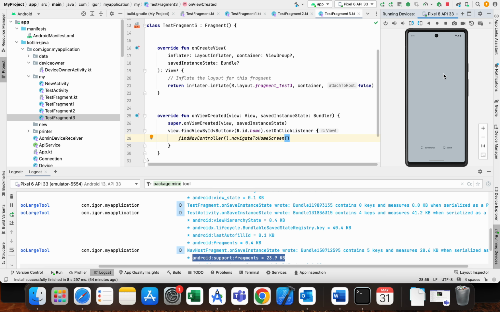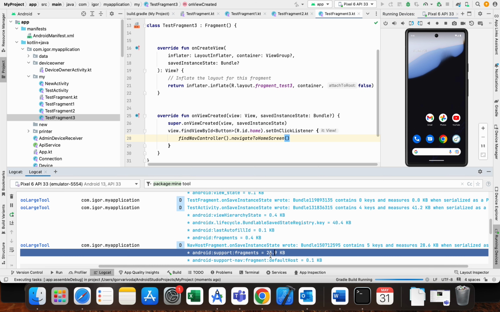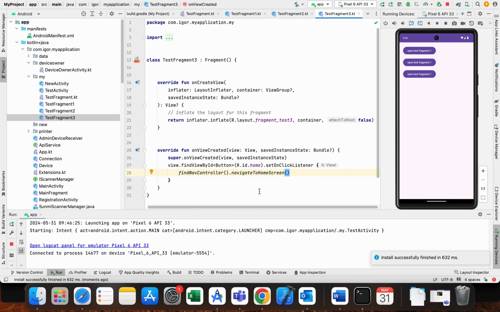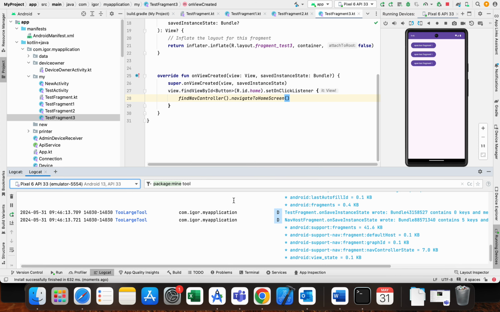Now I will try to kill this application, run it one more time to see if this value will decrease when we close our app and when our NavHostFragment tries to save the instance. So I will again open one fragment, return a couple of more times to replicate the case that we had. Then I will try to close it, open it one more time. Let's see in logcat. So our new